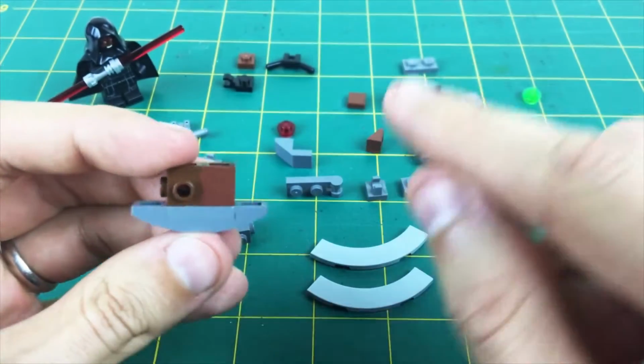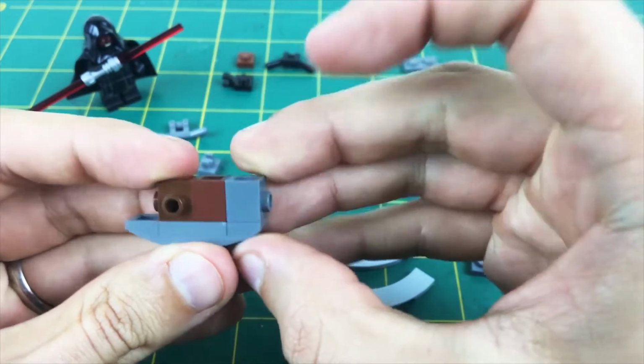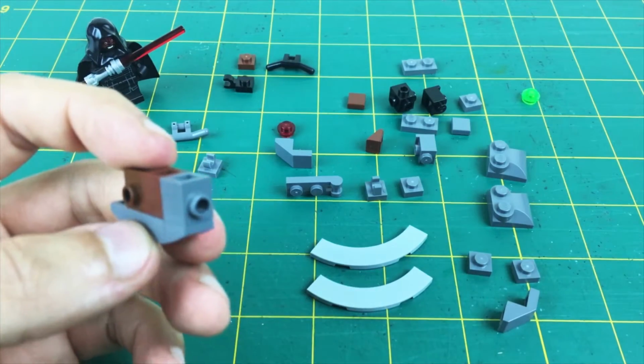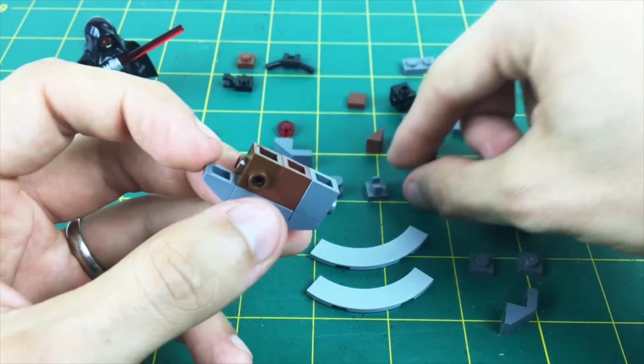Then I'm going to put a gray plate on the bottom of that and one of these 1x4 slopes onto that. This whole build pretty much is upside down, so if you're wondering when we turn it around and look at it from the other side, we don't. It's basically all upside down. So the 1x1 with the single stud goes into the side of that,